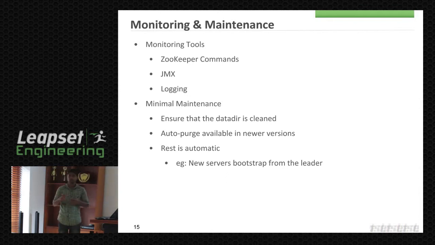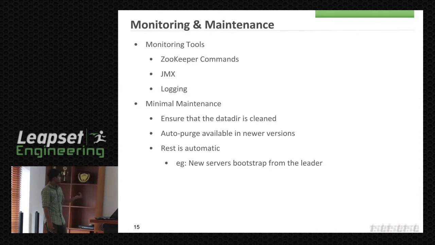And they say in a future release, they'll have a Jetty-based monitoring solution which will eventually replace Zookeeper commands, and you might be able to get JSON and XML-based results if you want. So that would be more user-friendly than Zookeeper commands. And when it comes to maintenance, again, if you don't need monitoring, you obviously don't need much maintenance as well.